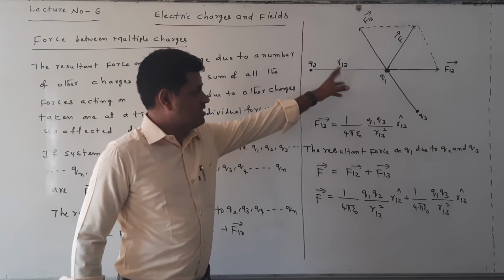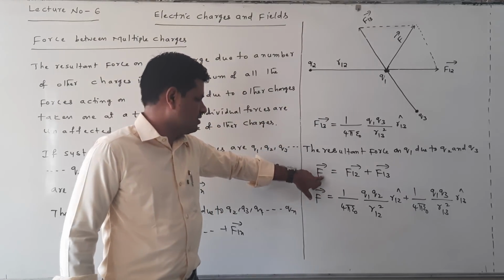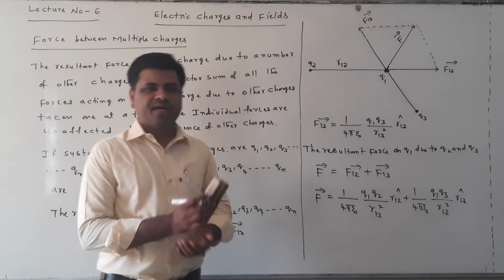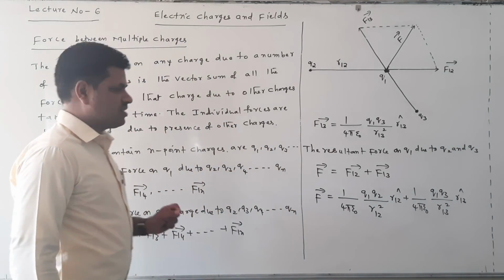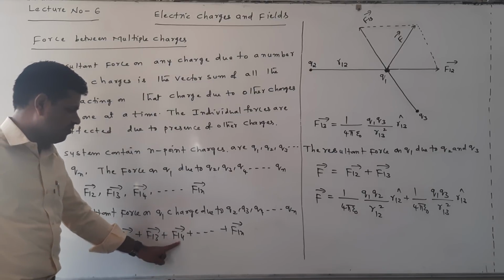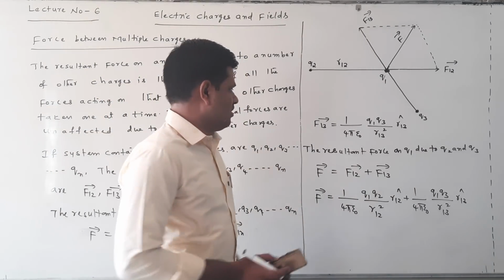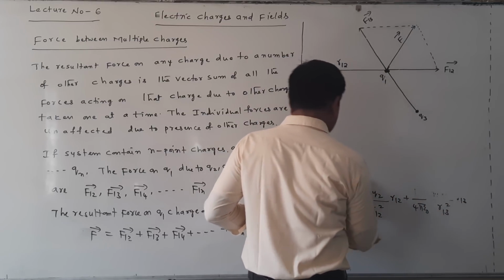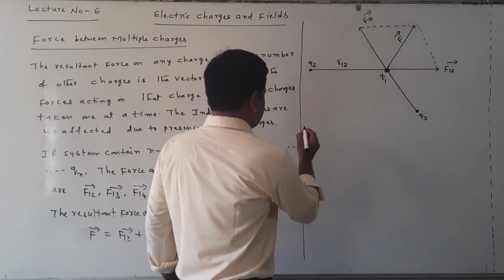Suppose 3 charges are there. Here two forces are acting on one charge, so the resultant force can be written as F bar is equal to F12 bar plus F13 bar. Here for a system of n charges, the resultant force acting on a charge can be written as F bar is equal to F12 bar plus F13 bar plus F14 bar plus so on F1n bar. We can write like this. So from this the resultant force acting on the Q1 charge due to n number of charges can be written as F bar is equal to